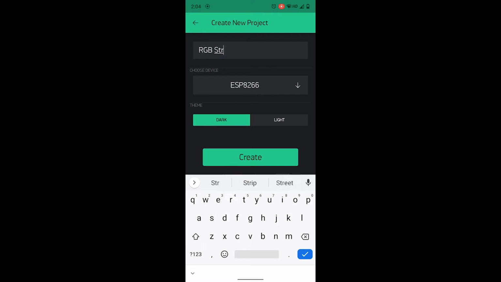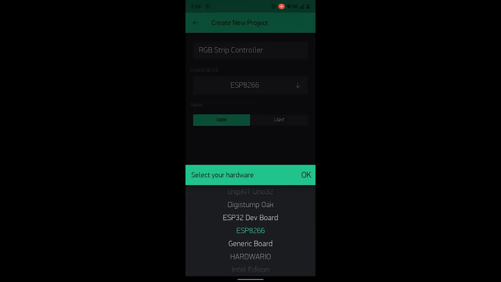After giving your project a name, click on choose device, and from the device list, choose the device that you are using. In this case, I'm using a VMOS D1 Mini. In your case, it could be something else. So choose the device according to your use case. After that, tap OK.